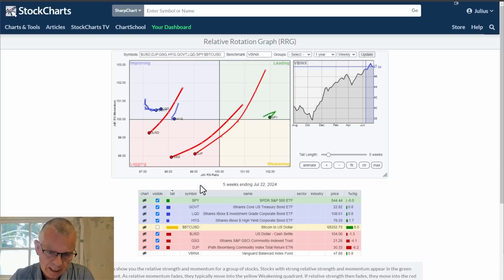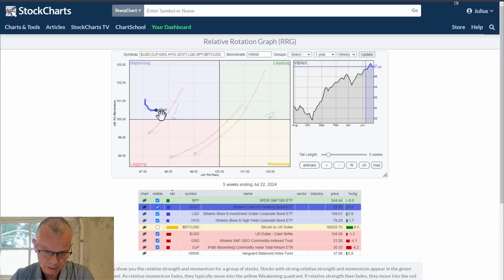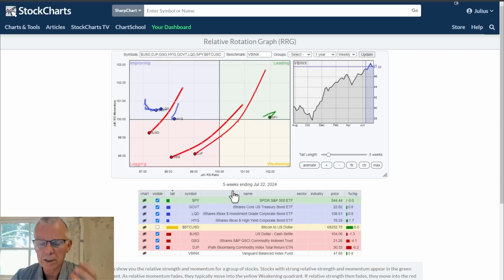And you see the opposite happening for GOVT. So here is government bonds. They are starting to move. They're already moving to the right on the RS ratio scale, and they're now picking up on momentum again. So an early move on the weekly RRG favoring government bonds, or bonds in general, because corporate bonds and high yield are also turning a more positive way.